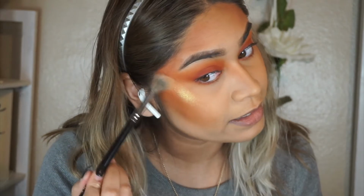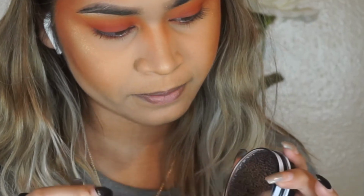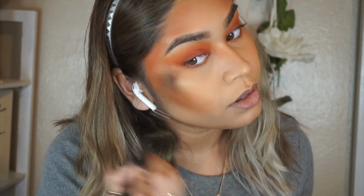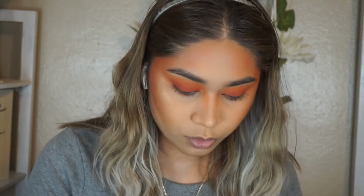Ooh, that is a lot. Yes, that is a lot. I'm going to take my color switch from Sephora and I'm just going to go ahead and wipe away all of our mistakes. We're going to go in with the MUAriana highlight, which is a perfect balance of gold and light. And we're just going to put that on top. And that is a blinding highlight. Now we highlight the